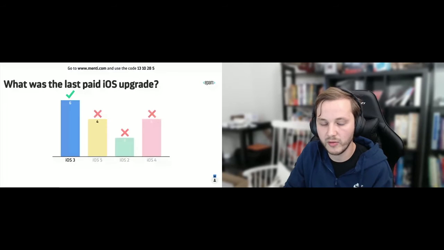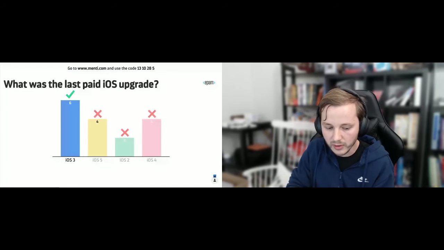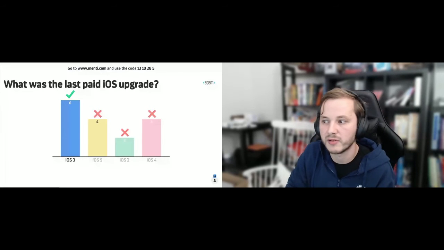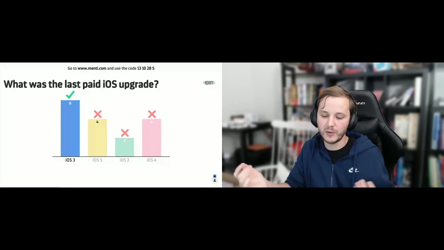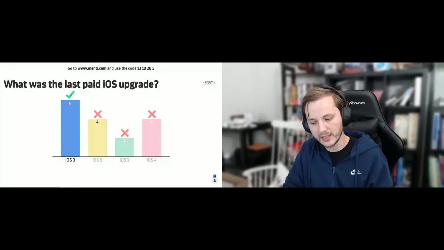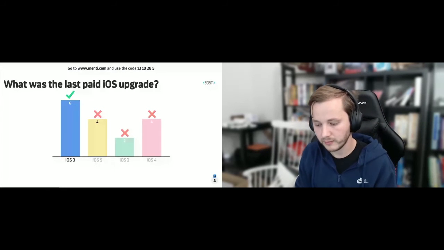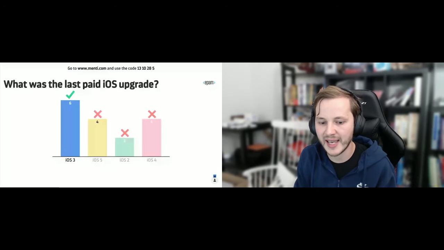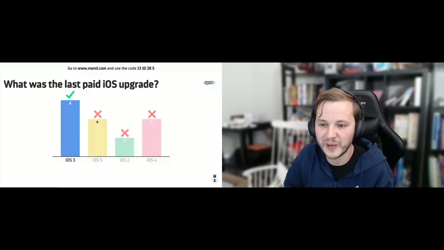But on iOS 3, to update from iOS 1 and from iOS 2 to iOS 3 on the iPod Touch, you had to pay $10. It was a weird decision. Apple was criticized a lot. Even if you Google paid iOS updates, you can find articles from 2007 by some of the bigger tech journalists and magazines that criticize Apple a lot for the paid updates. But yeah, that was a thing. Imagine you'd have to pay $10